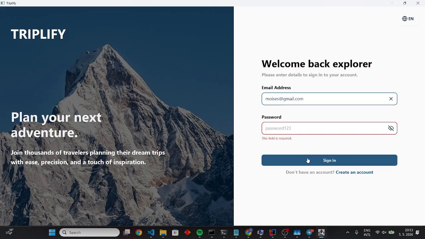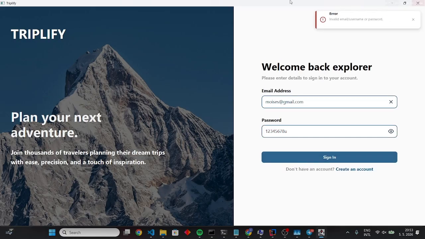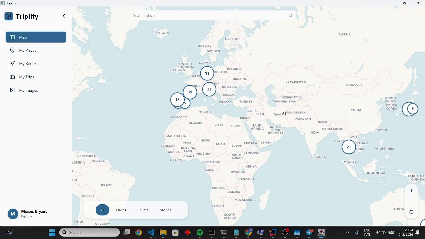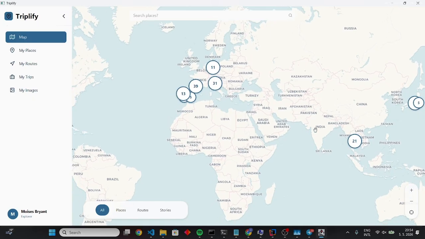We have immediate validations. For example, the field is required, also localized. Then if we enter some invalid password, for example, this one will be invalid, we'll have an immediate message, and if everything is okay, we will be logged in. So this is a map of all our objects of our application, basically places, roads,